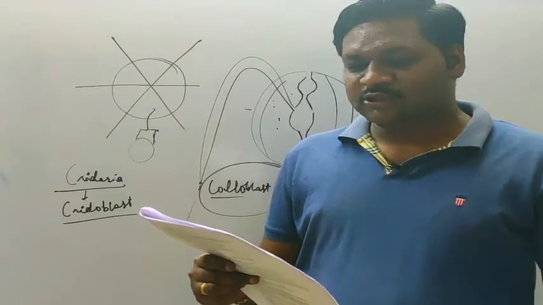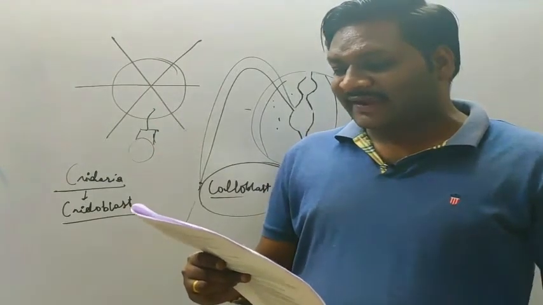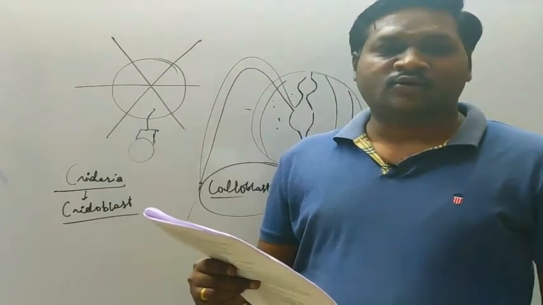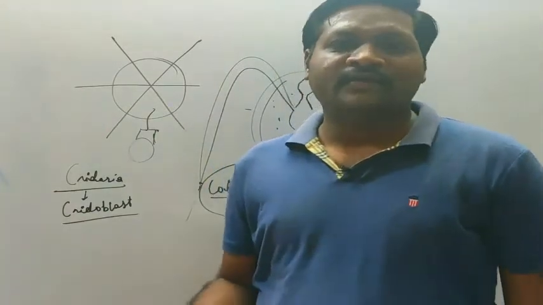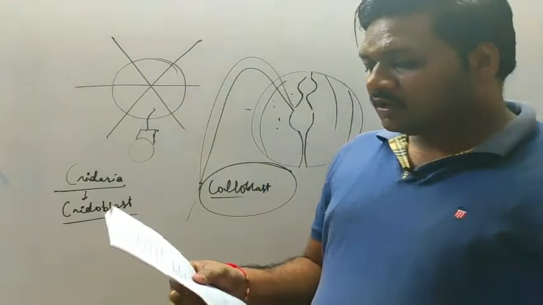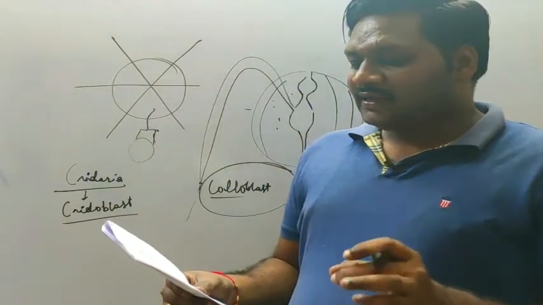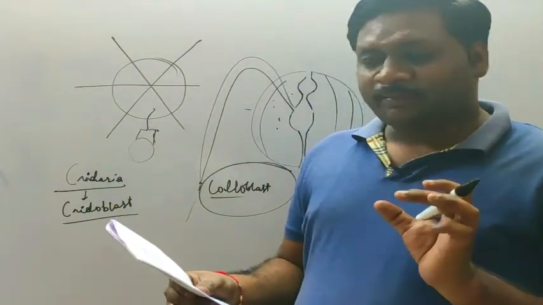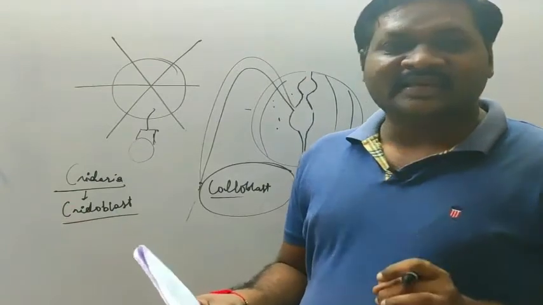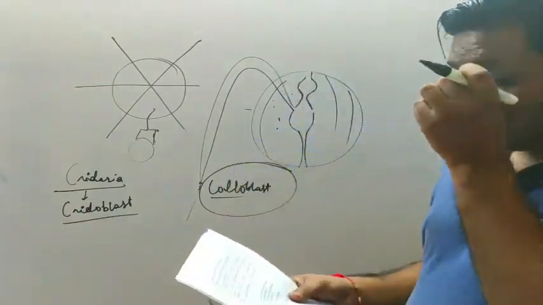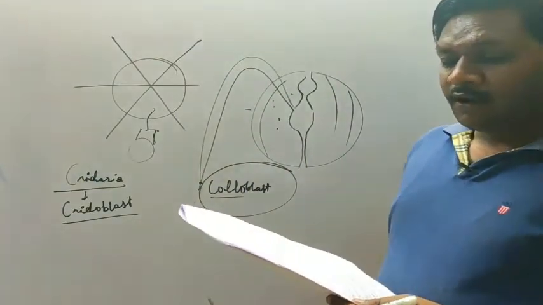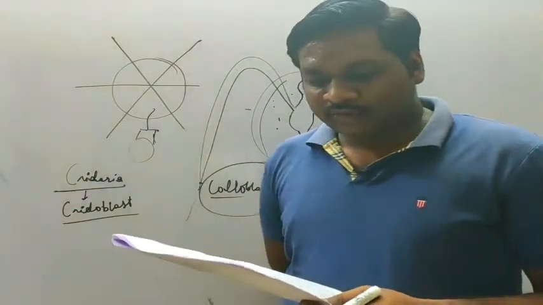Then option C, phylum Porifera, Euspongia and Hemipora. Hemipora is not a type of sponge. Then Platyhelminthes, Taenia and Fasciola. Taenia is the Taenia solium tapeworm and Fasciola is the liver fluke. So here options A, B and D are the correct matches. Only option C is the incorrect match as it is concerned with Hemipora.